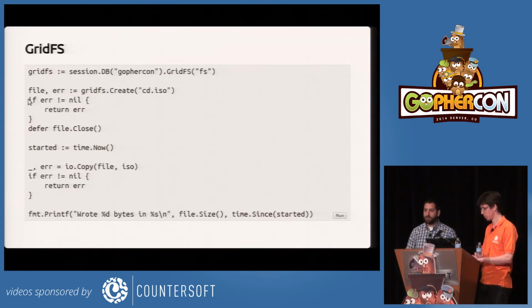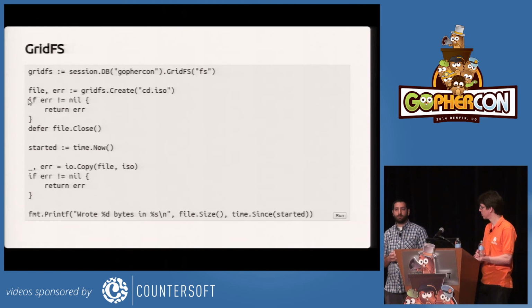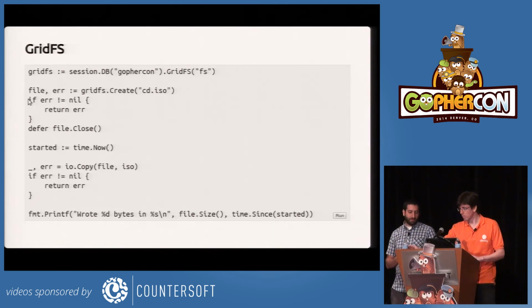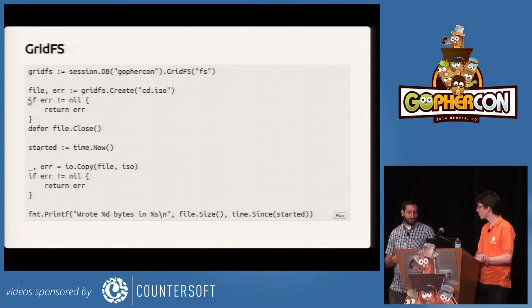And one of the features I want to talk about, there's a lot of features of MongoDB, but one I want to pay particular note of is called GridFS. So GridFS is, first of all, even though it has the word file system, it's not a real file system. It's not even actually a property of MongoDB. It's a convention that all of the drivers have implemented. And what it is, is a way to store files properly chunked alongside your MongoDB application data. And it takes advantage of all the different infrastructure pieces that MongoDB provides.